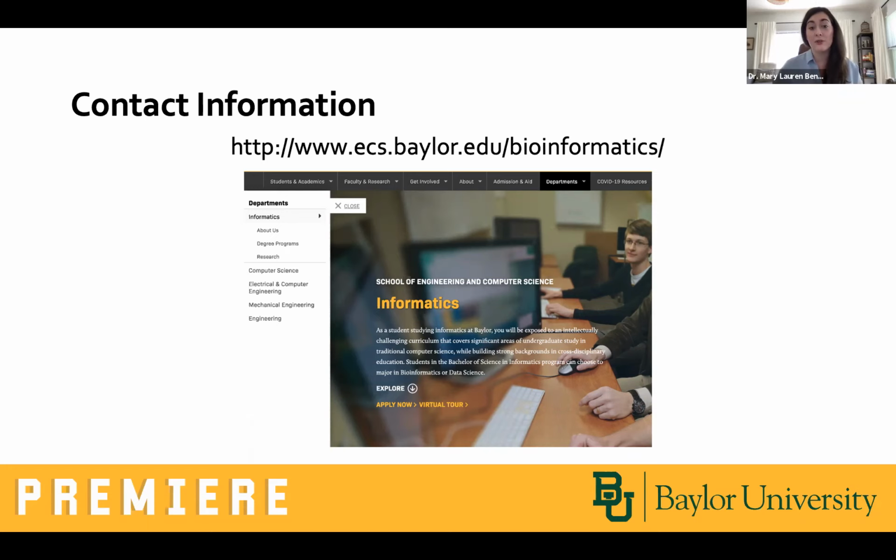But I think that there are so many really cool things that you can do with the bioinformatics major that kept me motivated through the times that are a little bit more difficult. So I think there's a lot of great support here across the board to help you succeed, from tutoring and advising to your peers. Finding an end goal that you're really interested in will help carry you through the challenging bits.